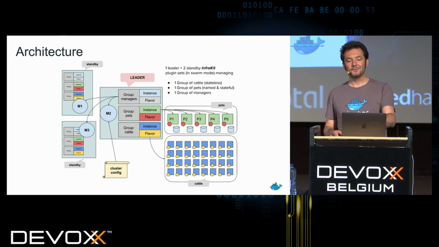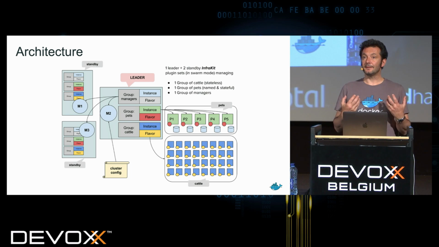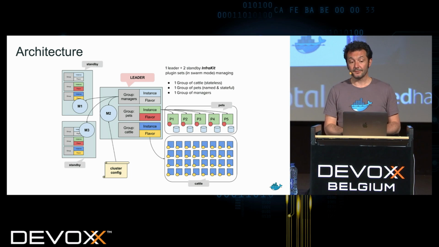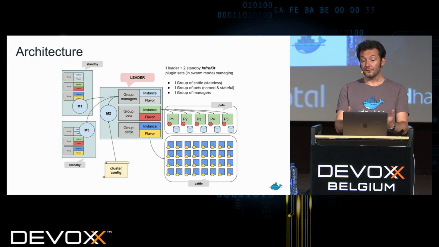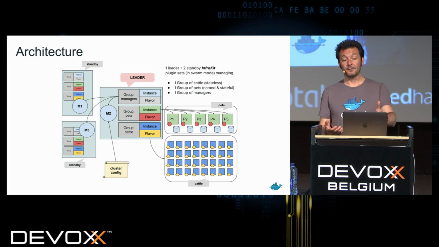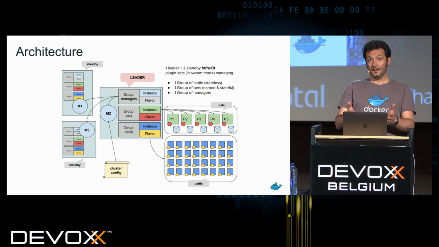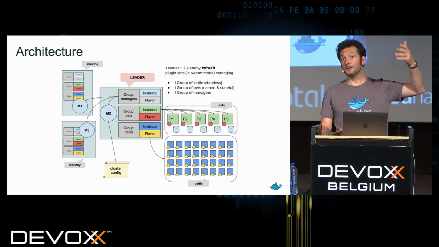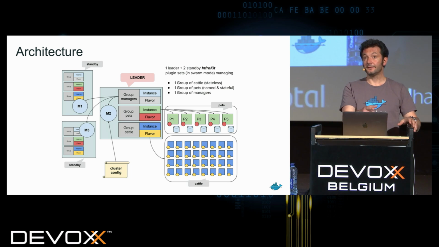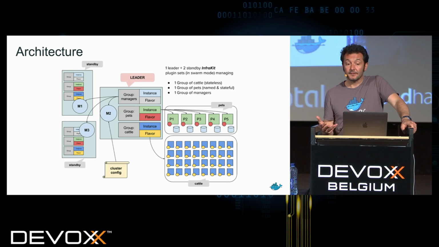So here, what you see there is that InfraKit is using itself. It's using Swarm to manage itself. So InfraKit can manage itself, can bootstrap. Initially, you have a leader, and the cluster config can say, oh, you have an InfraKit leader and 2 standbys. And when one of them dies, the other one will be leader elected. In the Swarm implementation, we're going to piggyback on the Swarm leader election in order to assign an InfraKit leader. Then after that, you can define 2 types of resources, cattle and pets.